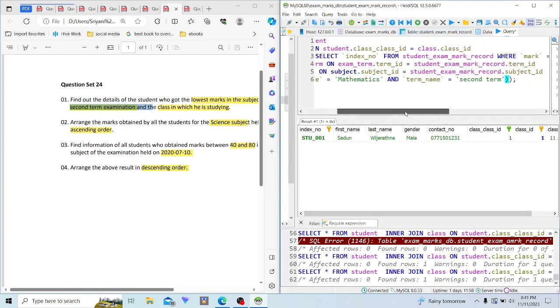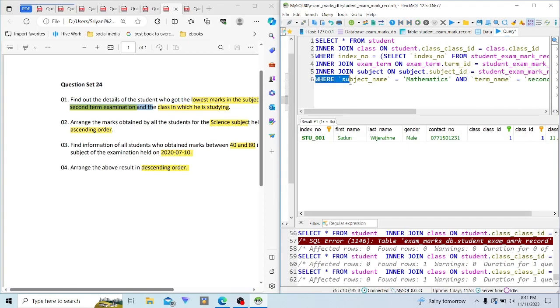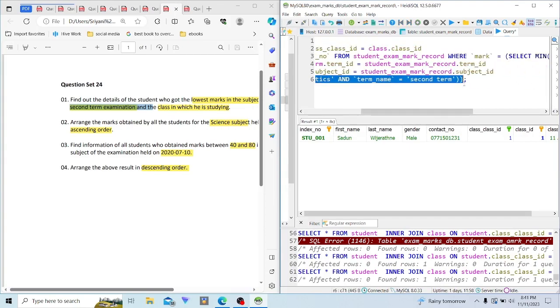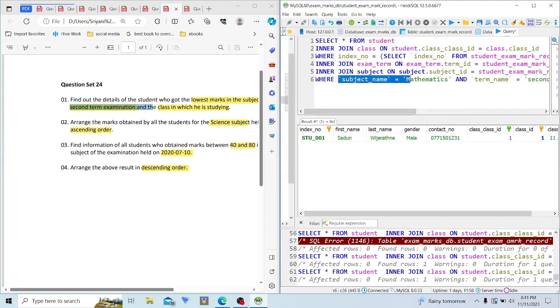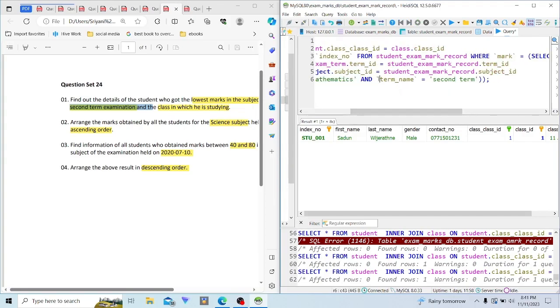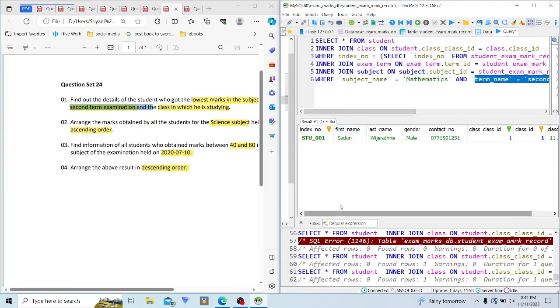So sorry for the above mistake. The thing is I hadn't written the condition before. So now I added the condition where we filter the subject name as mathematics and term name as the second term. So now we get the answer as Sandhu Vijayaratna, and he's studying in class A with the lowest mark